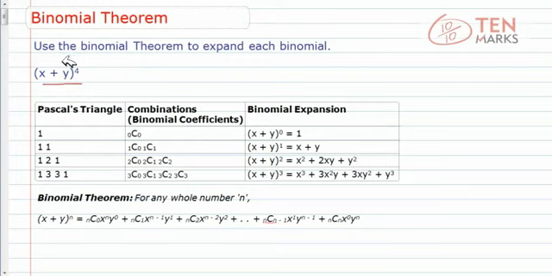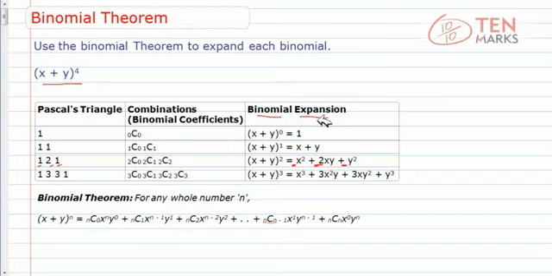Now, if I look at this particular pattern, this pattern shows me that the binomial expansion of x plus y raised to 0 is 1. X plus y raised to 1 is x plus y. X plus y squared is x squared plus 2xy plus y squared, and so on, where the coefficients of each of these terms come from Pascal's triangle. So I can see that the coefficient of the x squared term is 1, the coefficient of the xy term is 2, and the coefficient of the y squared term is again 1, which comes from these values of Pascal's triangle. Now these values of Pascal's triangle are actually combinations, and the rule which shows us how to create